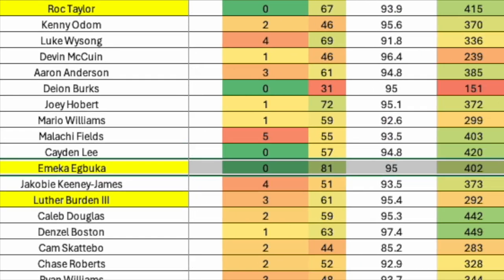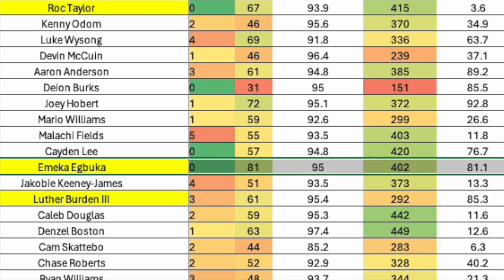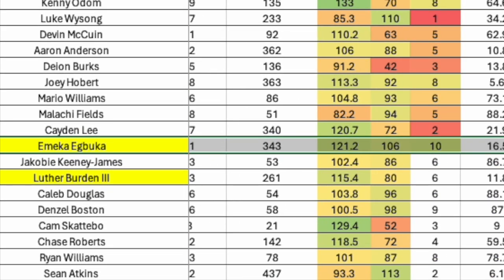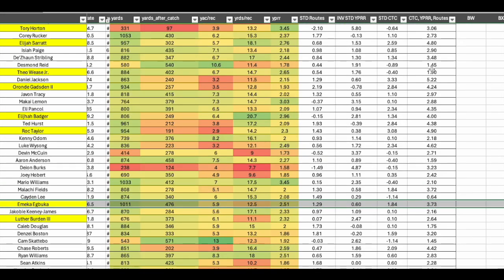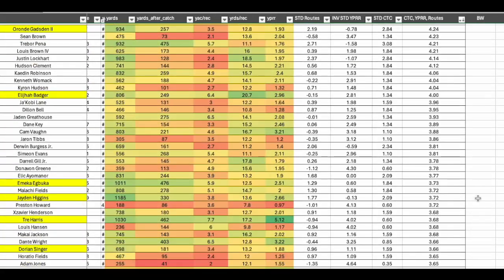receptions, 95 route rate grade, or 95% route run, played in the slot 81% of the time. The quarterback has a 121 QB rating when targeted, 10 touchdowns, 467 yards after catch, 5.9 yards after catch per reception, 12.5 yards per reception, and 2.5 YPRR. If you look at it, the standard deviation for contested catch, YPRR, and routes, he's up there with Alec Aomanar